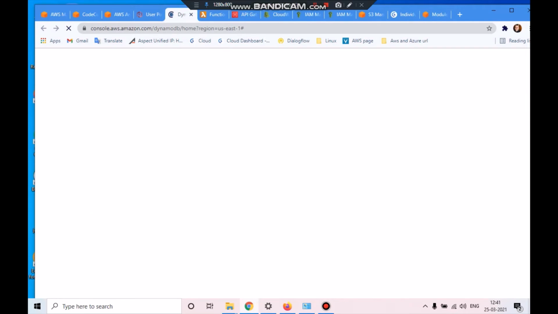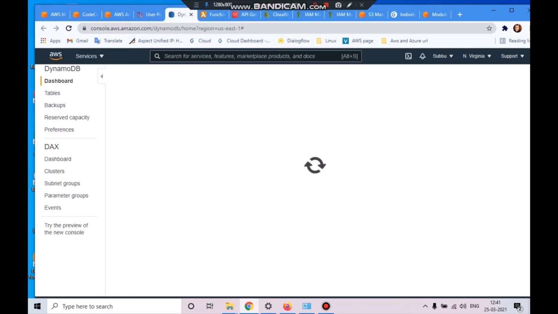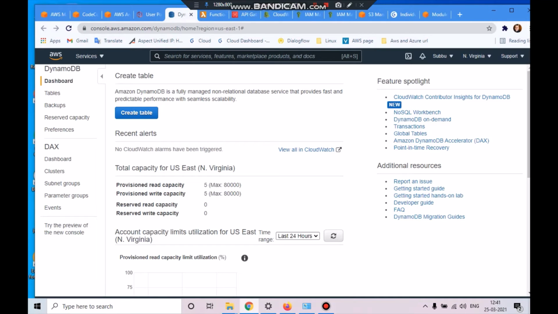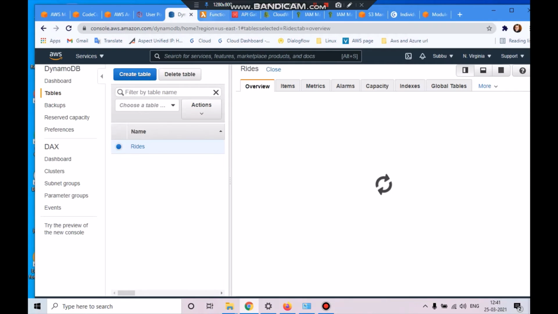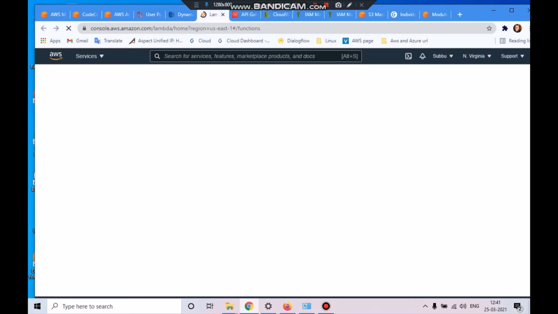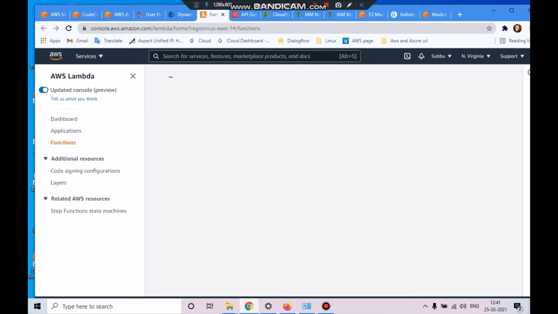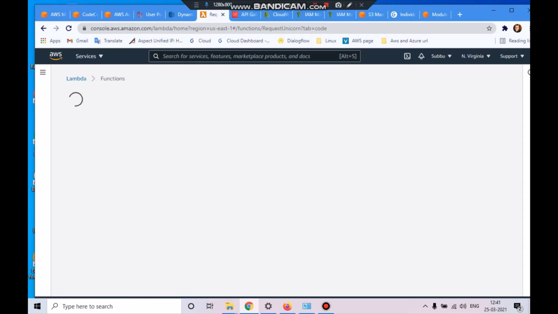I created DynamoDB over here. It's loading. If you see the table, I just created rides, so all set. After that, followed by the Lambda function, unicorn Lambda function.